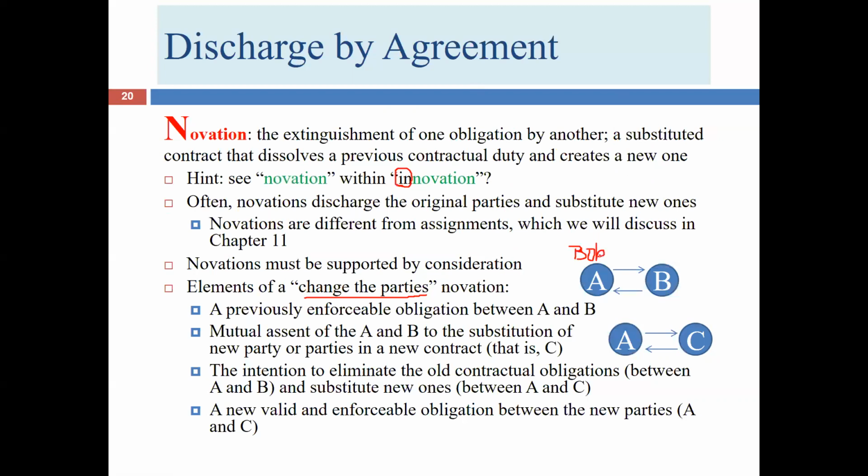Bob and Jan enter into a contract. Jan has a lawn service, and Bob agrees to pay Jan $25 a week during the period of time of the year where the grass is growing, and Jan agrees to cut Bob's lawn every Wednesday between 3 and 4 p.m. That is the initial contract. There's no novation involved, that's just the deal. You can see they're both providing consideration. Bob is paying money, Jan is providing a service. There's performance every week when Bob pays, and there's performance every time that Jan mows the lawn.